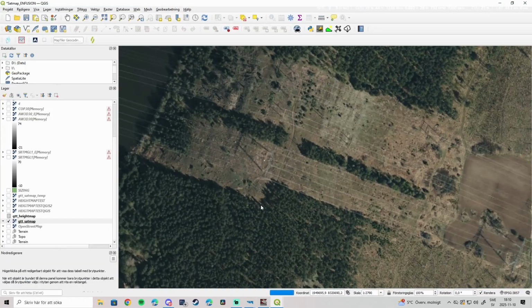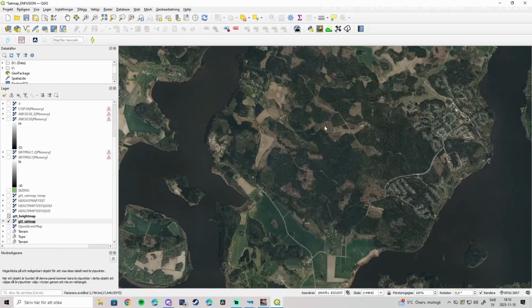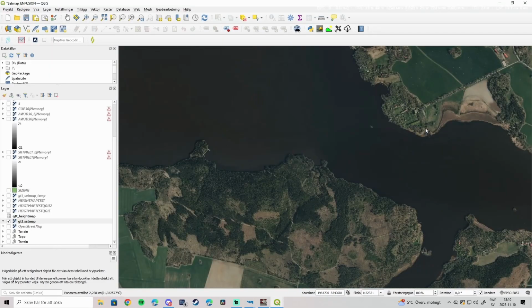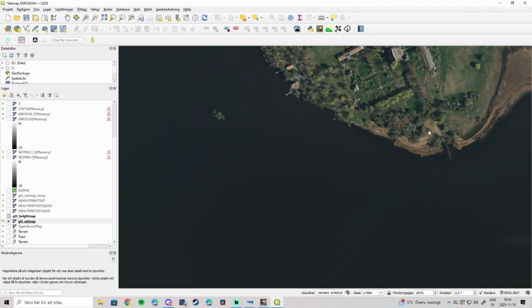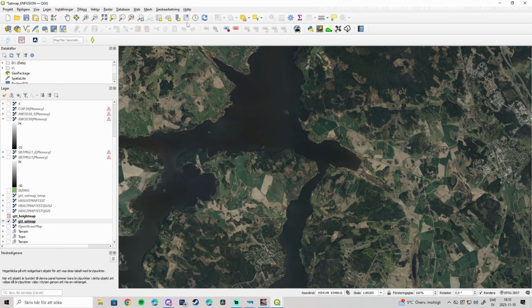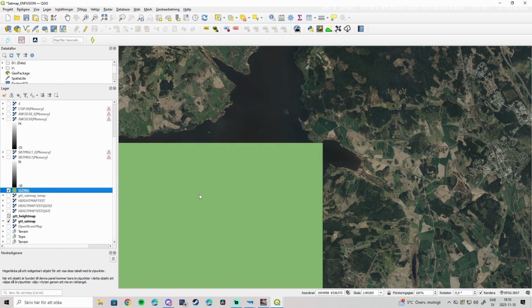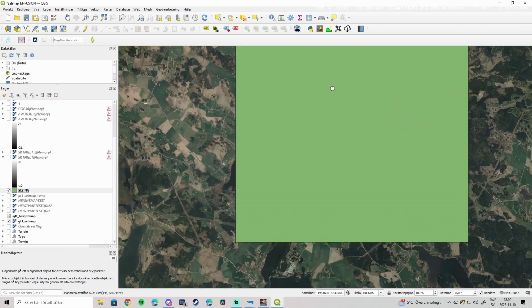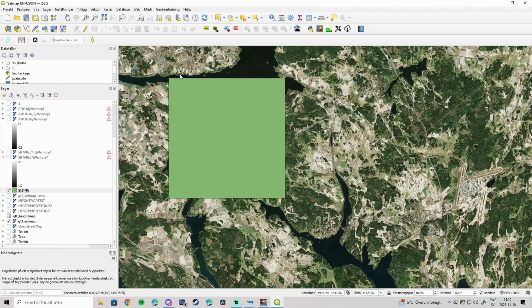The edge was like in this corner. I found that coordinate, and then the top was a bit harder, but the top was about here somewhere. So I found all those coordinates and then used QGIS, made a layer with this box, this is where you